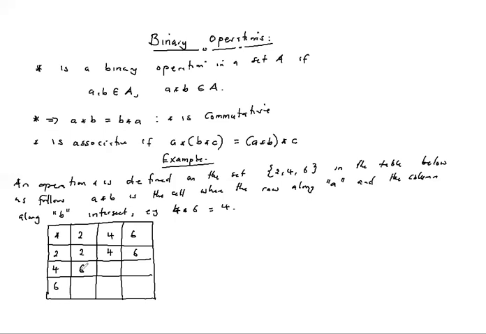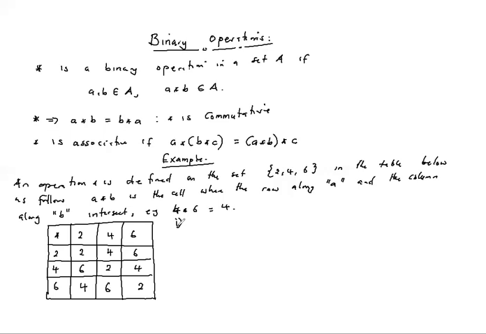And 6 star 2, we get 4. Then 4 star 4, we get 2. 4 star 6, we get 4. 6 star 4, we get 6. And 6 star 6, we get 2. The first question is